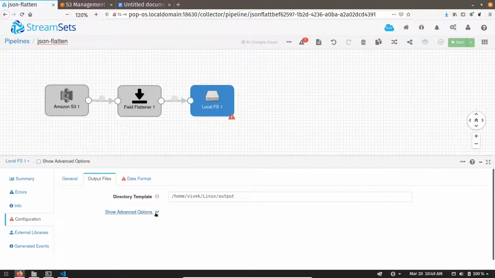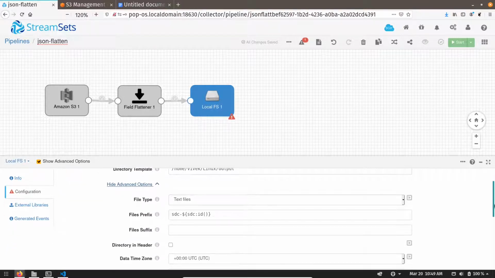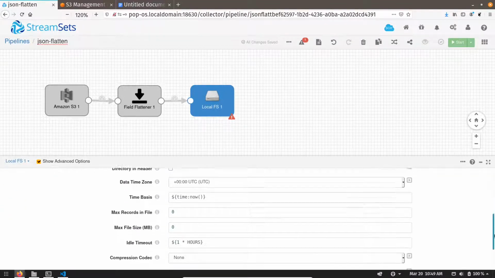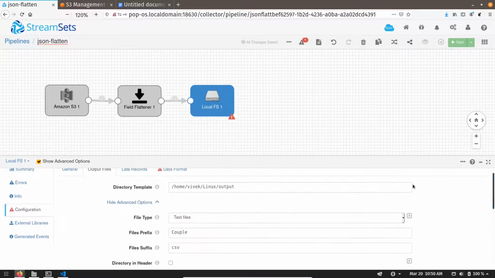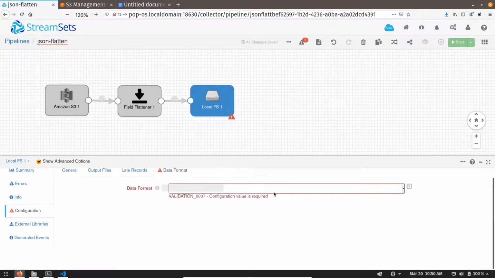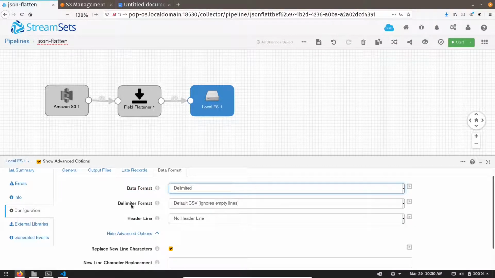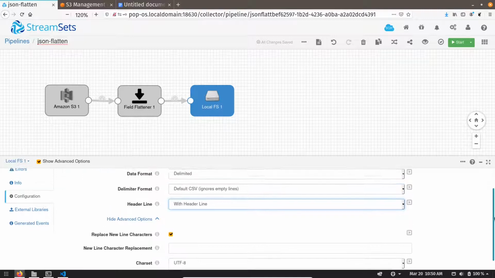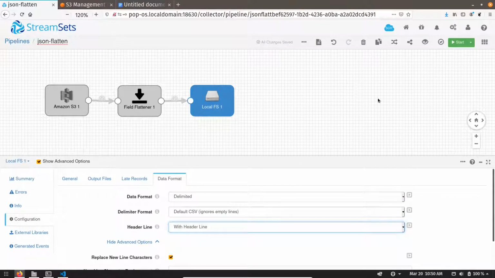Then go to the advanced properties, where we can give the file prefix the way we want, like couple, and the suffix will be csv. We can leave the rest of the fields as they are. Then go to the data format and select delimited, with header line. That's it. Let's run the pipeline.